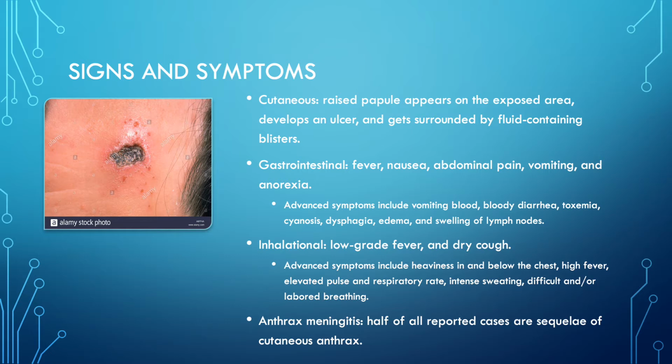The incubation period of anthrax is usually 1 to 7 days, but incubation periods as long as 17 days have been reported. Cutaneous anthrax begins with a raised area on the skin that itches and resembles an insect bite, and usually occurs on exposed areas on the hands, face, or neck. Within 1 to 2 days, this area will develop an ulcer surrounded by small blisters containing fluid. It will then develop a characteristic black crusty spot, and within a few weeks it will begin to loosen and